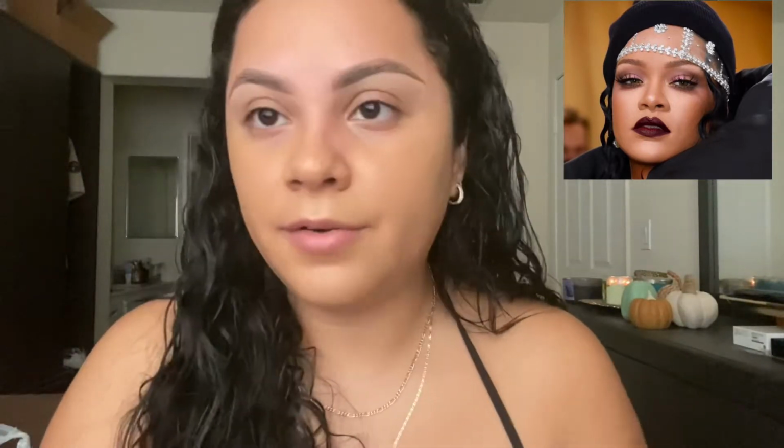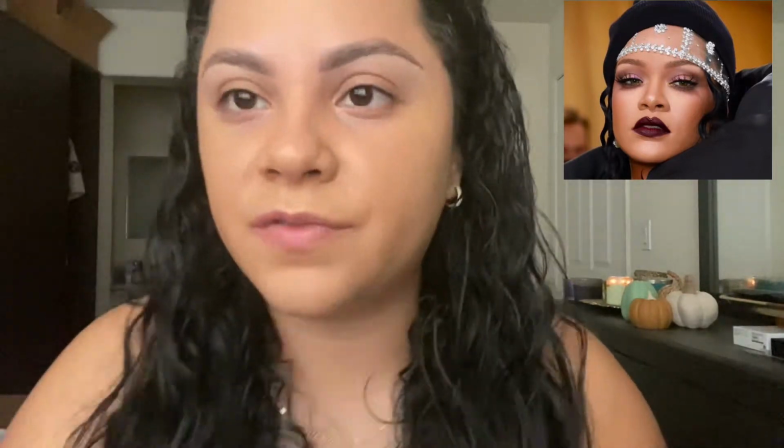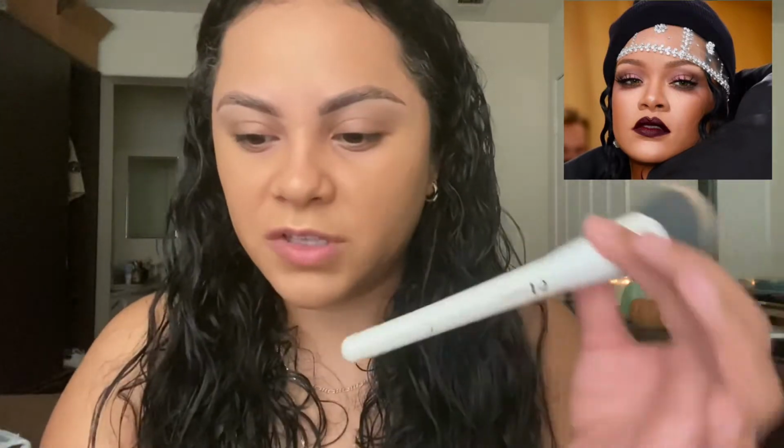And it has hyaluronic acid. We love foundations that have good ingredients for our skin. Need a little bit more for this big forehead. That's one thing me and Rihanna got in common, just saying. Look at that. This brush is fire because it's very dense, so you get all the coverage out of the product. It's the Morphe 2